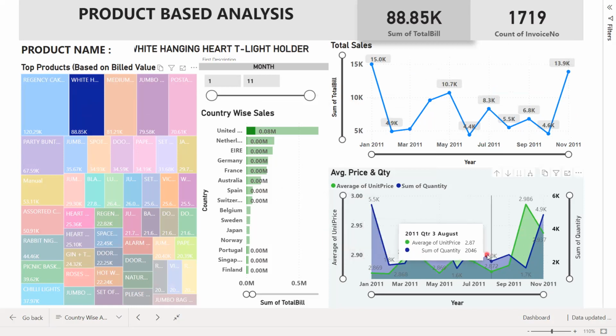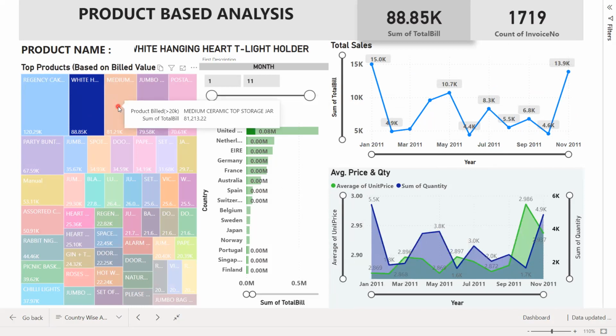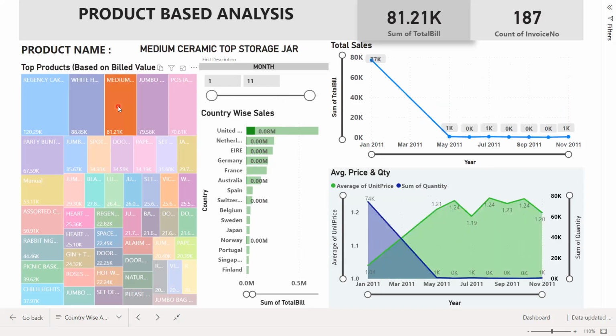the quantity of the item had a little bit of frequency, so we can't conclude anything about whether it is forming any trend or not. Here, more items can be selected and seen, to check whether these top items had frequent demand or not. So one of the items, called medium ceramic top storage, the demand of this item reduced drastically in other months. It was highest in the month of January, but further after May, in the month of June, the price